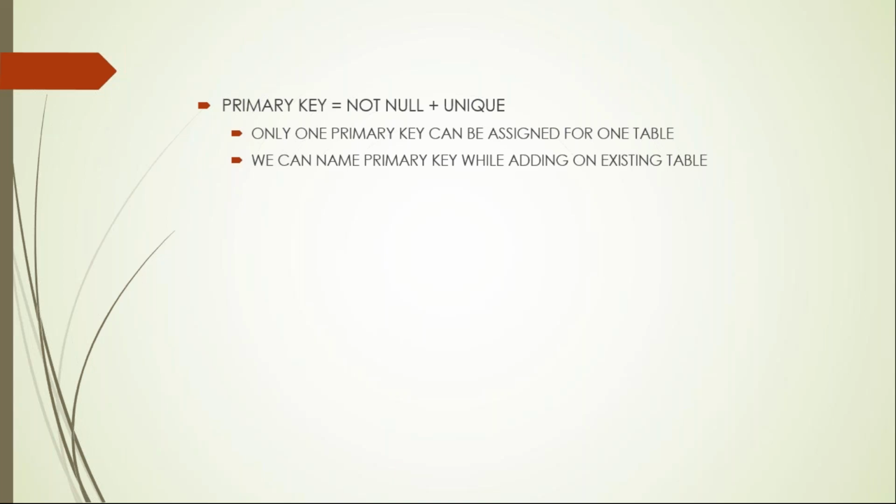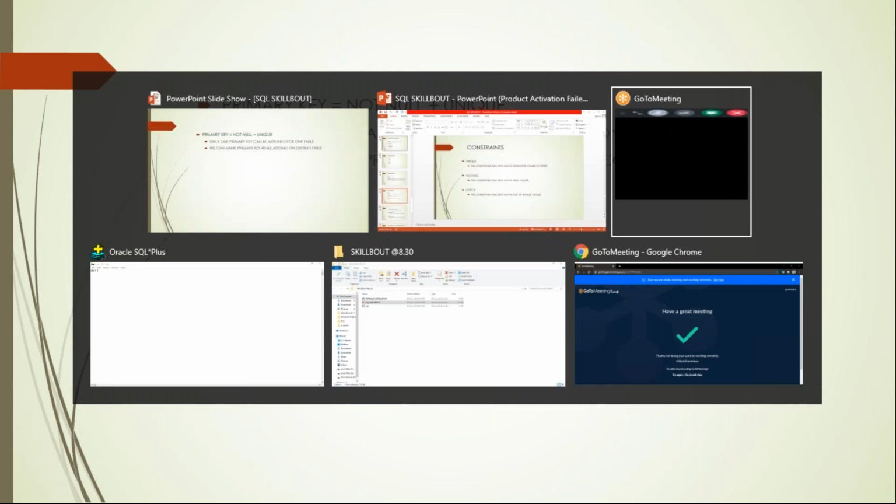So in some cases we require that neither duplicate nor null values be passed. In that case we use primary key, that is nothing but not null plus unique. And the most important part is that only one primary key can be used for one table. There cannot be more than one primary key. There can be any number of not nulls and unique constraints, in every column we can have these, but primary key only on one column. Okay, let's work on these problems, how primary key works.